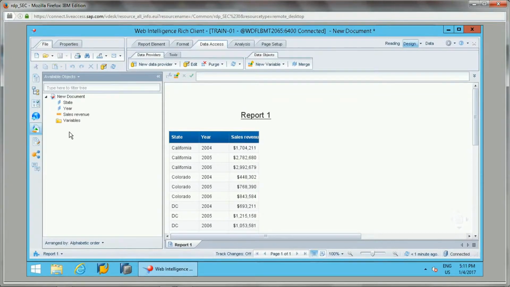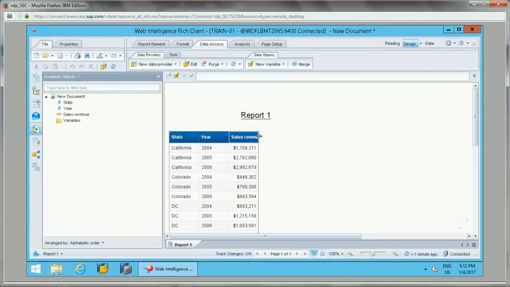Now, suppose a manager wants to know data for a particular state. How much revenue has that particular state made? What is the highest revenue for that state? Suppose for the state of Florida we want the highest revenue. How can we calculate the highest revenue for a particular year and the total revenue of that state in a year? For that purpose we can use the calculation context operators In and Where.